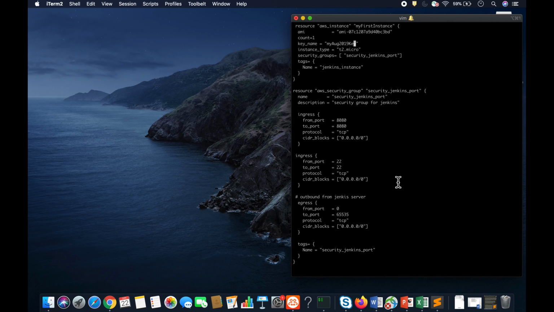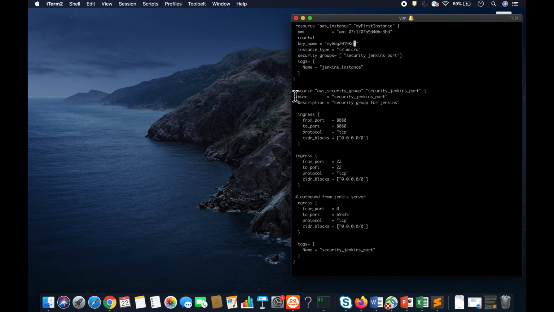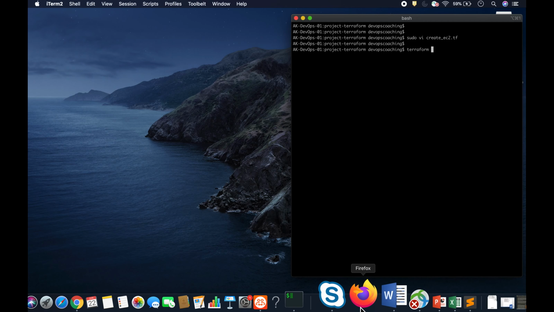So it is going to create two different resources, one for the EC2 instance, and then another one is for the security group. Once the security group is created, it will be attached as part of the EC2 instance. So that is what we have mentioned over here, right? That's it, right? So let's come out of it, and then we are going to execute a command called terraform